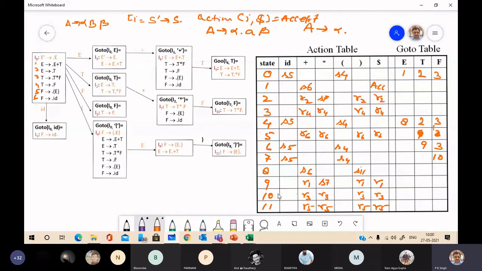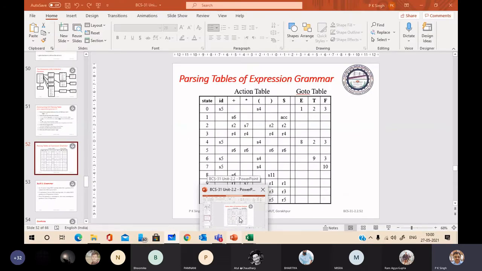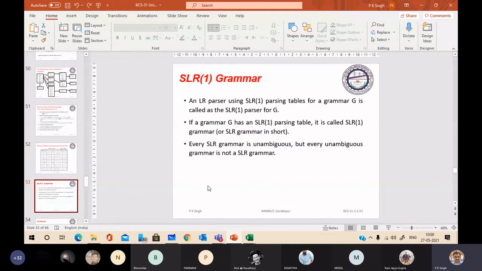So in this way, you can compute the LR table. Now see, it is called LR or SLR1.